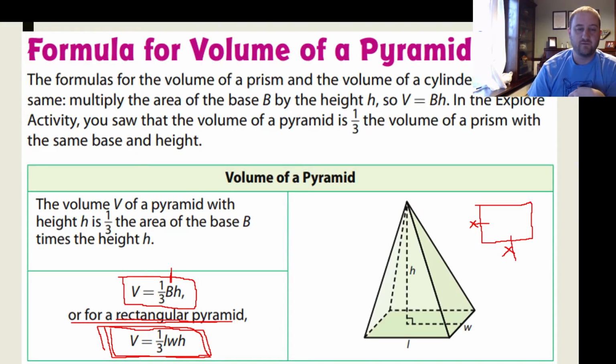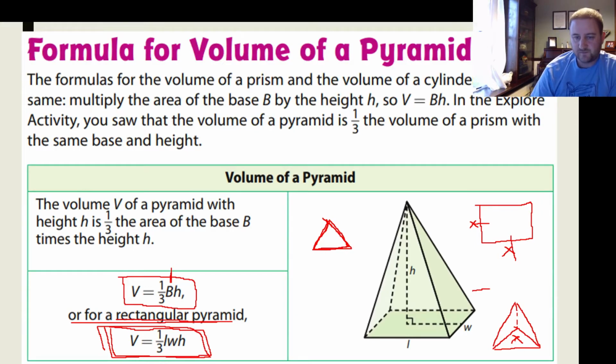Now what if the base is a triangle? To find the area of the triangle, you can't just do length times width. If it's a triangular pyramid, maybe it's like this, where you go up like that, and then up like that, and then up like that. Here you have a triangular pyramid, with a triangle as a base. Now you have to use a different formula. So make sure in your notes you mark that this is for a rectangular pyramid, and then for a triangular pyramid,